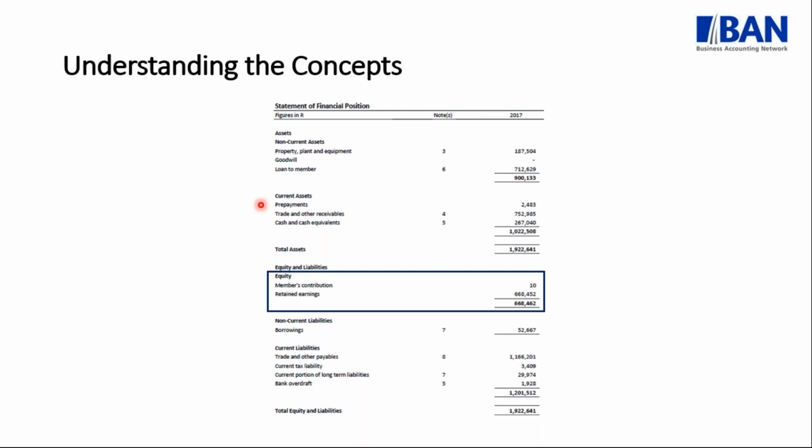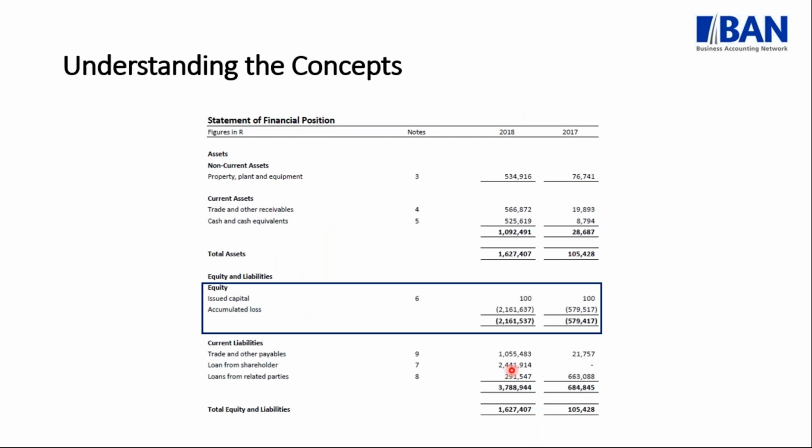In contrast to this slide, I'd like to show you this extract from a set of financial statements. In this case, where we go and look at your equity or book value, we are sitting at a negative value. In other words, you don't have retained earnings, but you have an accumulated loss. So what does that basically mean? It means that your total assets, 1.6 million in this case, is actually exceeded by the total liabilities of 3.7 million. So this business, let's say it is your business at the moment, would be in a factually or technically insolvent situation.